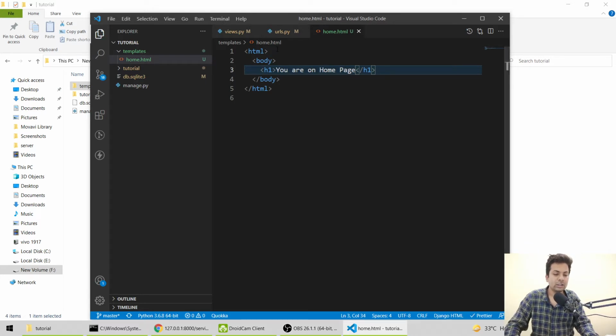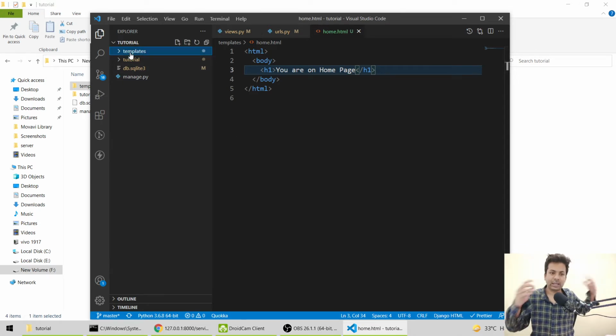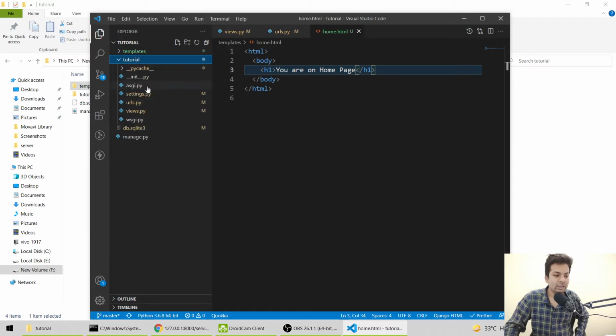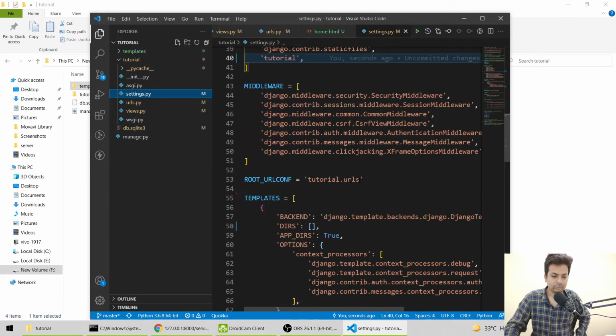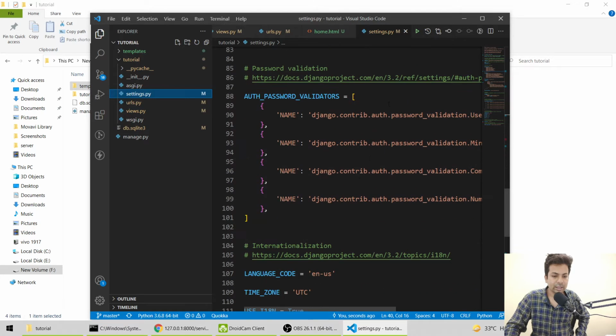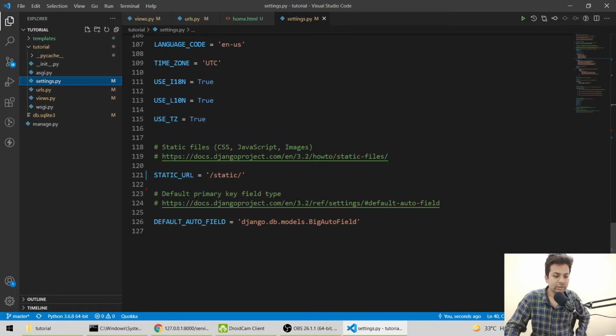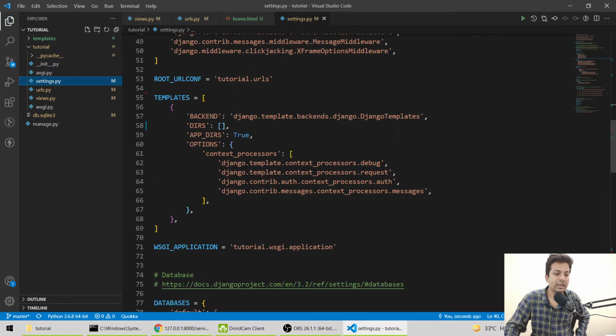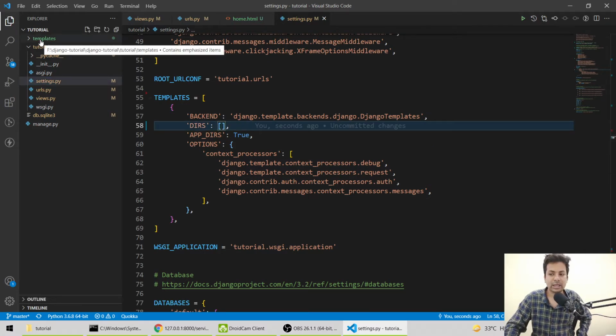Everything is saved. Now I have to tell Django, I just created a folder, but Django doesn't know there is a folder called templates. So that's why we'll come here in settings, and I told you there is something called templates. See here, templates directories. So here I have to tell where my directory is.